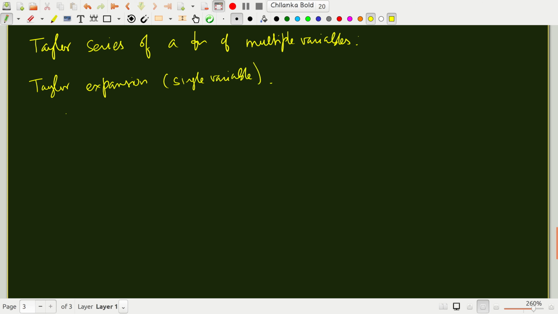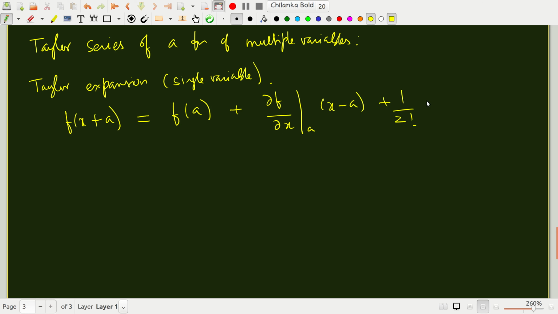then you might have learnt it in your earlier lectures or earlier courses that if you have a function of x and if you want to expand it about x equal to a, okay, you can write it as an approximation of the value of the function at a, plus partial f partial x at a, x minus a, plus 1 over 2 factorial partial squared f partial x squared at a, x minus a the whole squared, and so on. Okay, here of course there is no need for partial derivatives. I could have had ordinary derivatives, because it's just a function of a single variable. I'm going to soon generalize it to multiple variables.